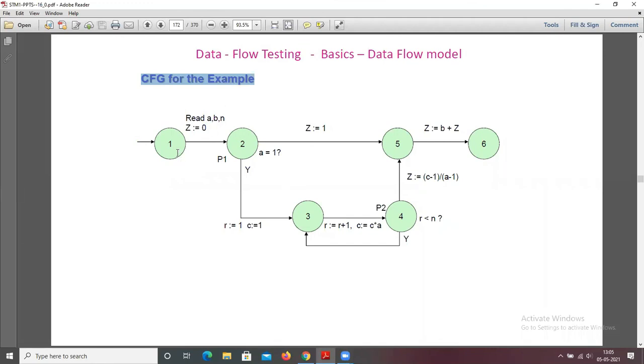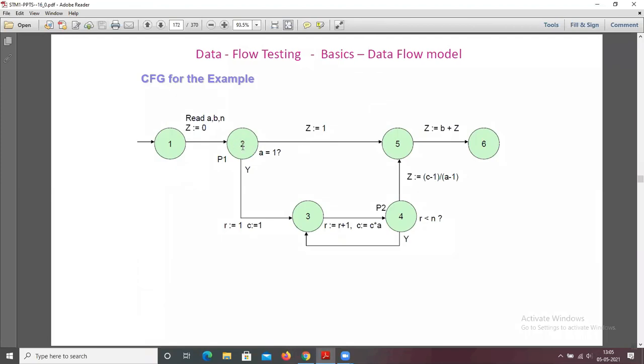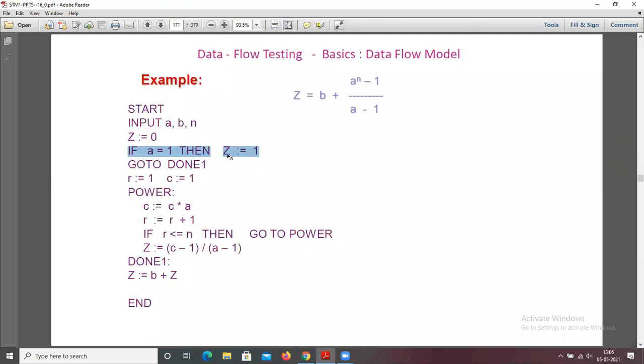So these are the nodes, 1, 2, you observe that. This is the program. Start, input a, b, n, z equals 0. The second step has a predicate: a equals 1.